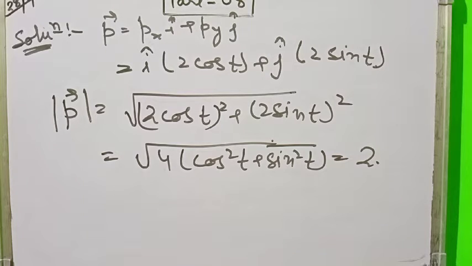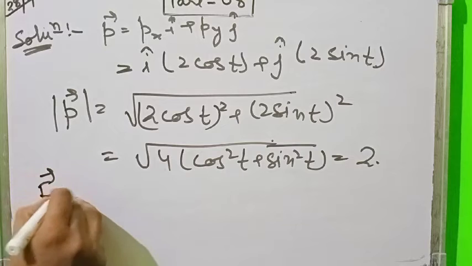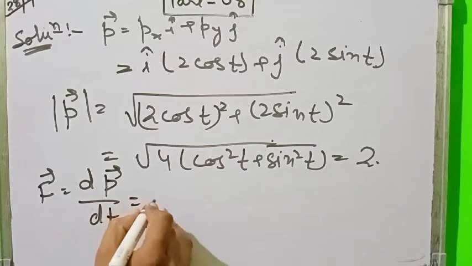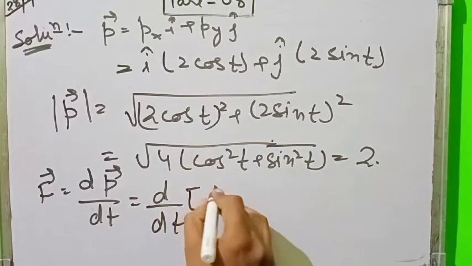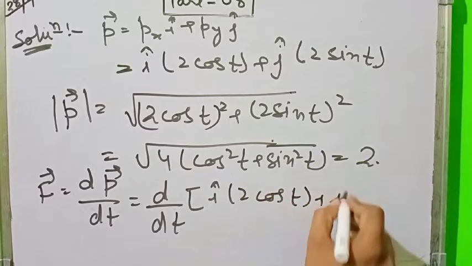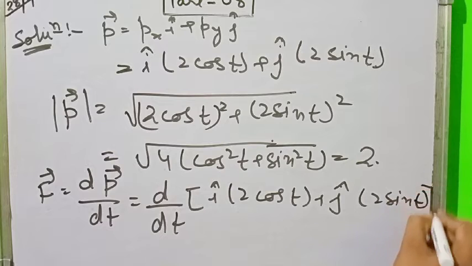Now we have got the magnitude of momentum. Now from the momentum vector we want to calculate the force, and you know that from Newton's second law, force is equal to dp upon dt. So it is equal to d upon dt of i cap 2 cos t plus j cap 2 sin t,